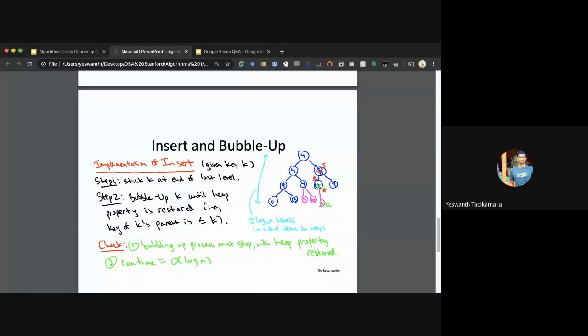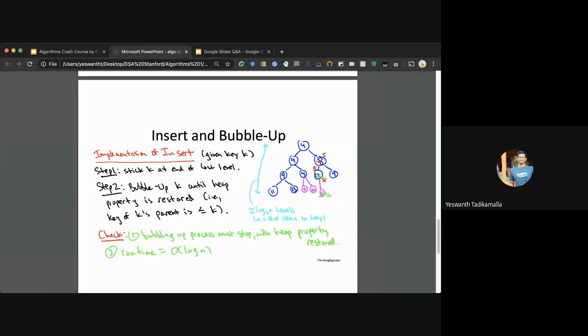So for every new insert, we try to insert at the leftmost position of the last level, if possible. If there is no place in the last level, we start a new level. After inserting, we check whether the heap property is maintained in the tree.